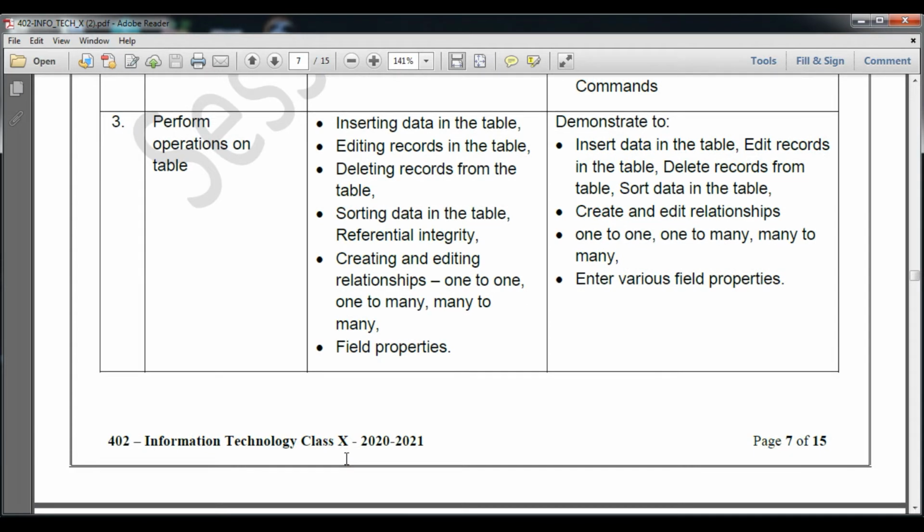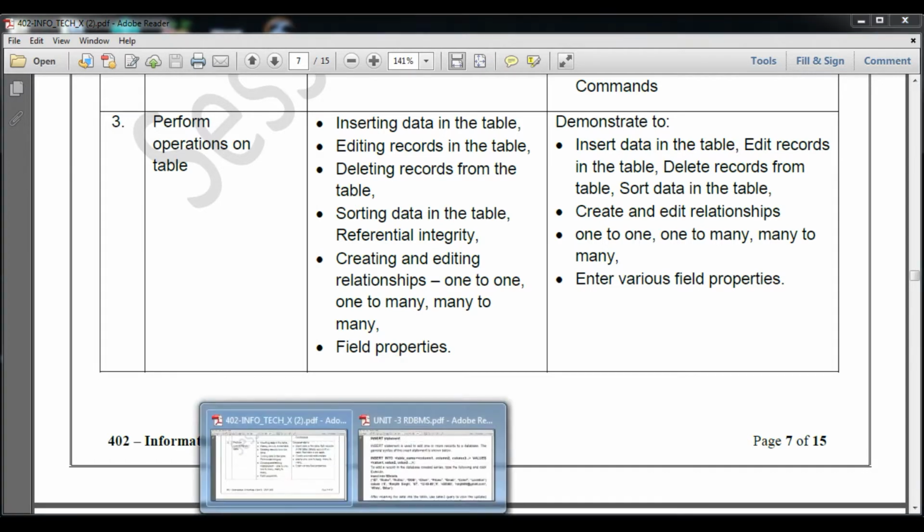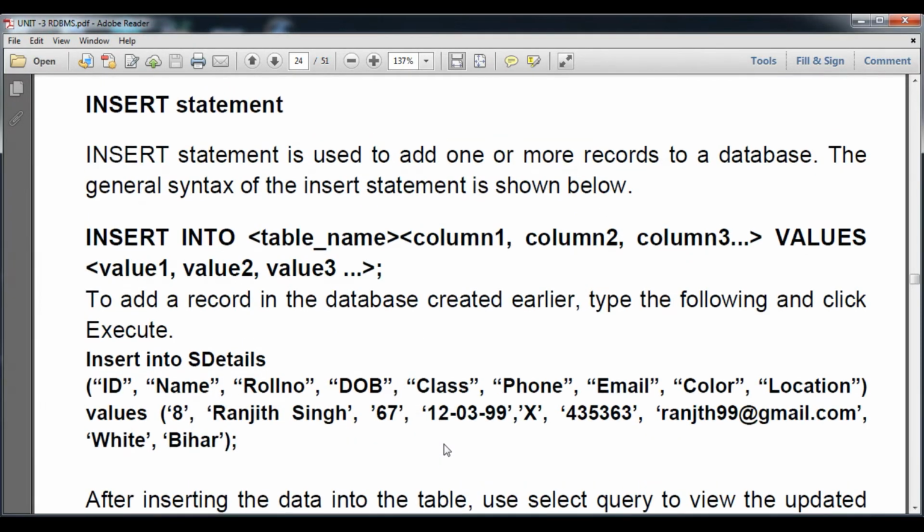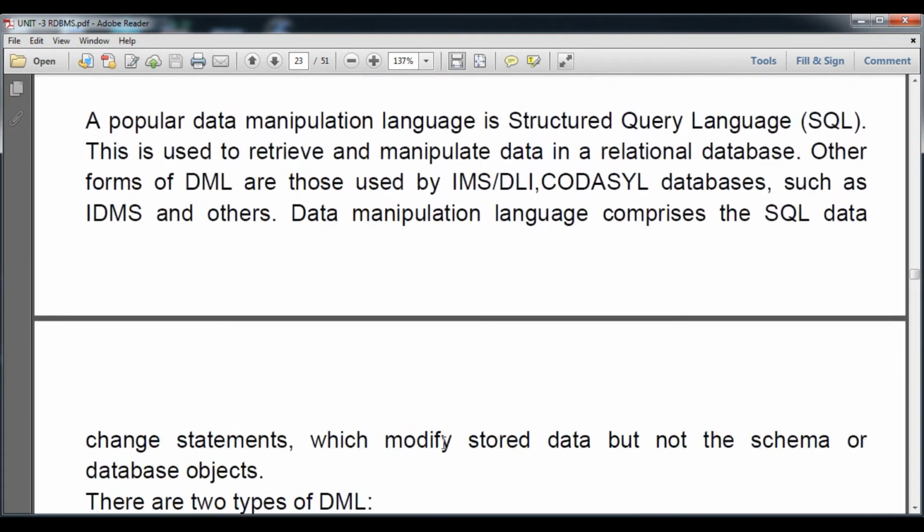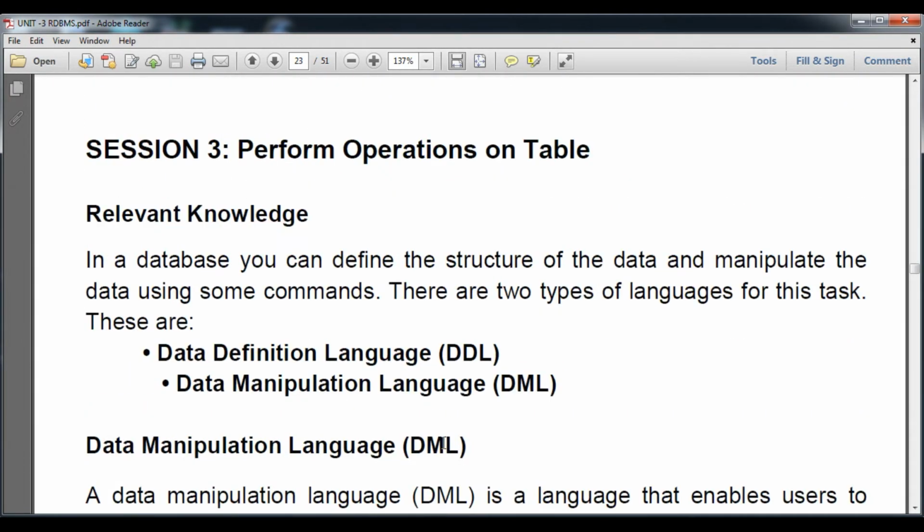Now we will understand the third learning outcome, in which I will cover only three points today: inserting data into a table, editing a record in a table, and deleting a record from the table, along with practicals also. So let's begin, student. According to the CBSE study material, it has given the detail regarding the third session,